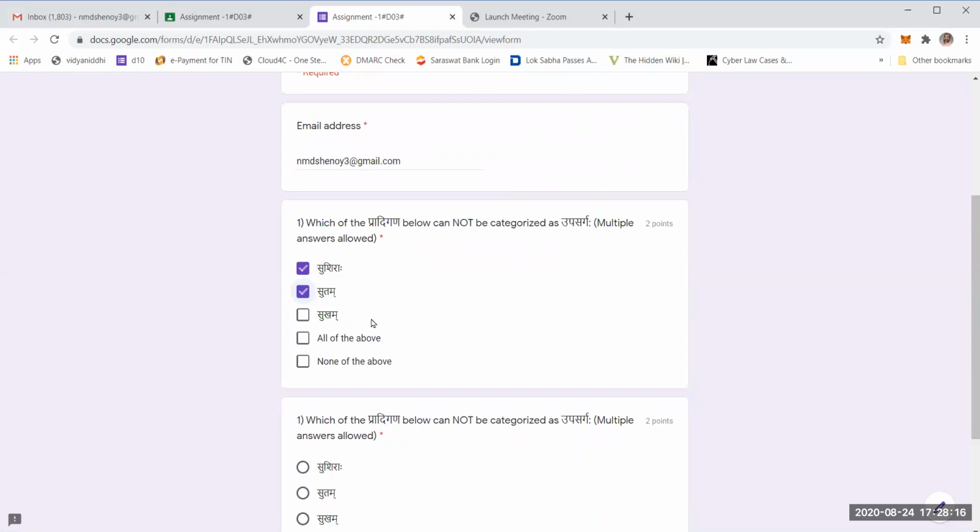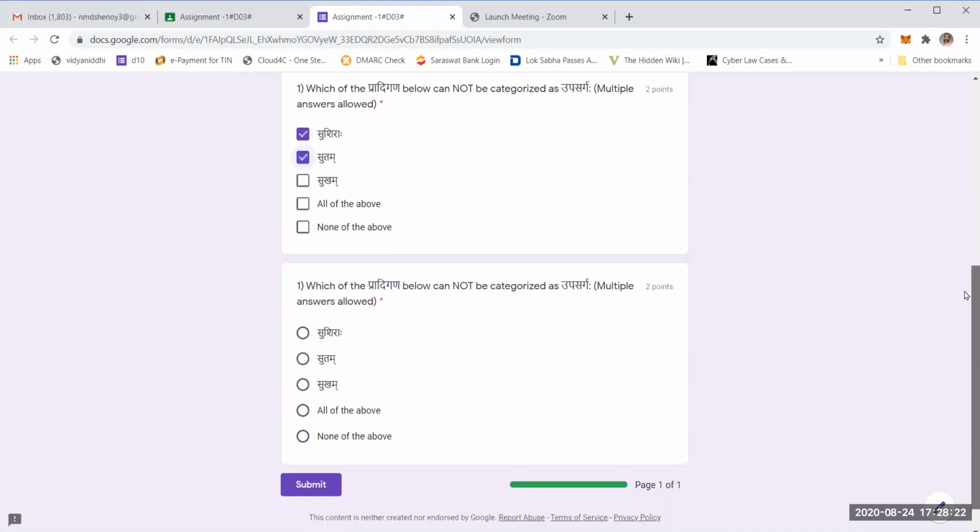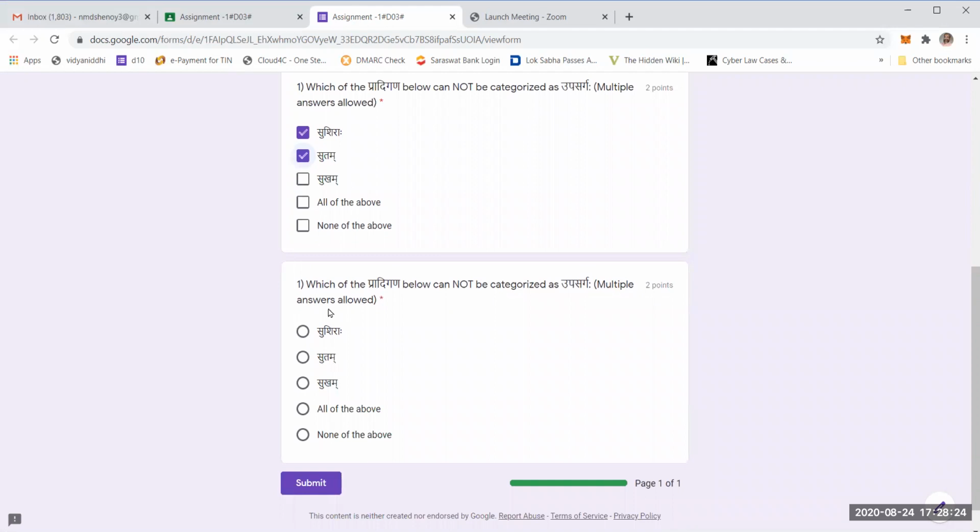Only if you get both of them correct will you get 2 marks. Otherwise it is 2 or 0 because it is not a manual process. If you see what is called a radio button, only one correct answer can be there at any given point of time. Once you are sure of all the 10 answers, you can just go and press submit.